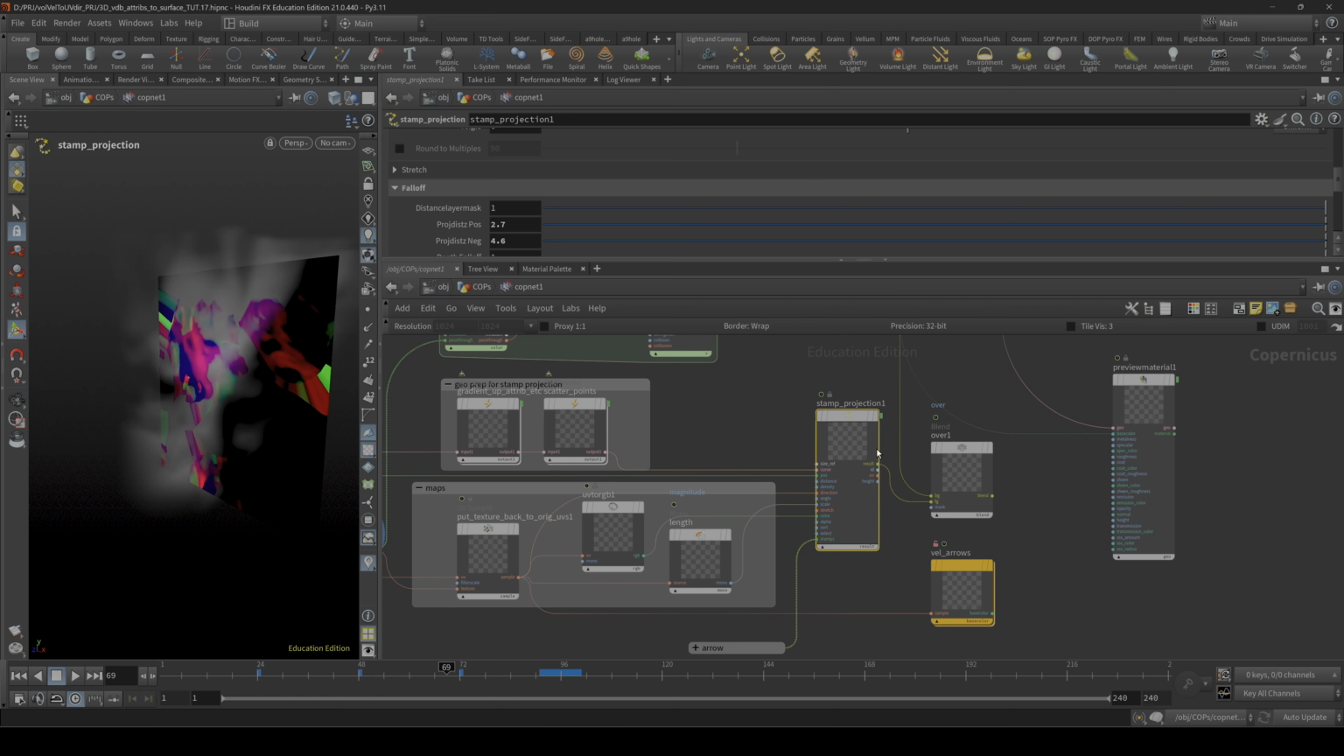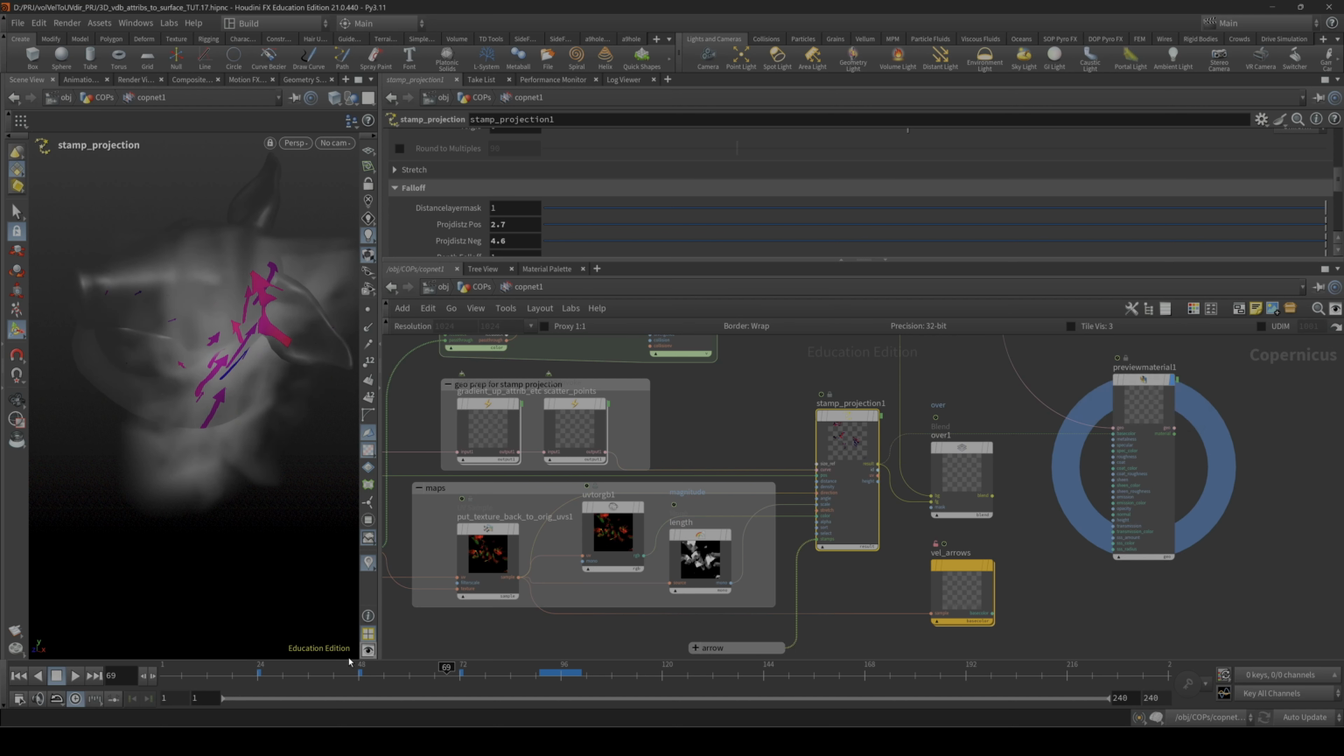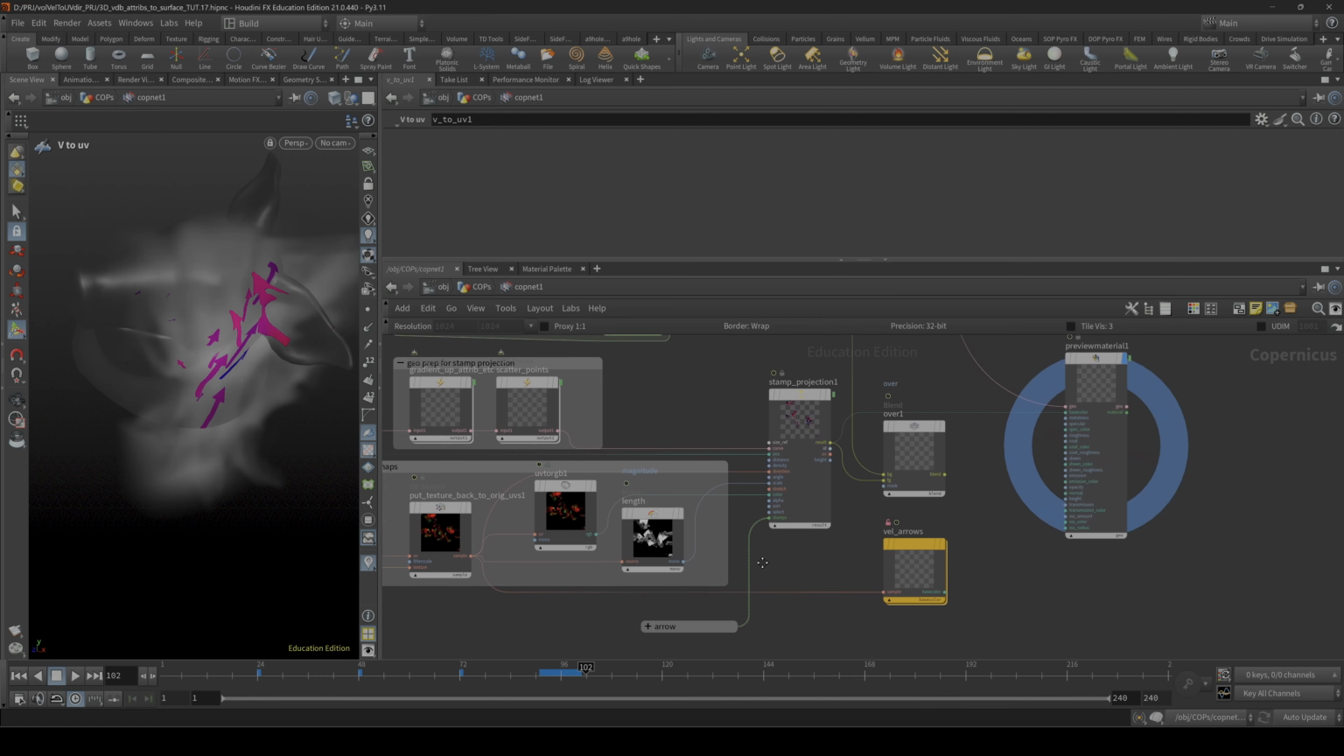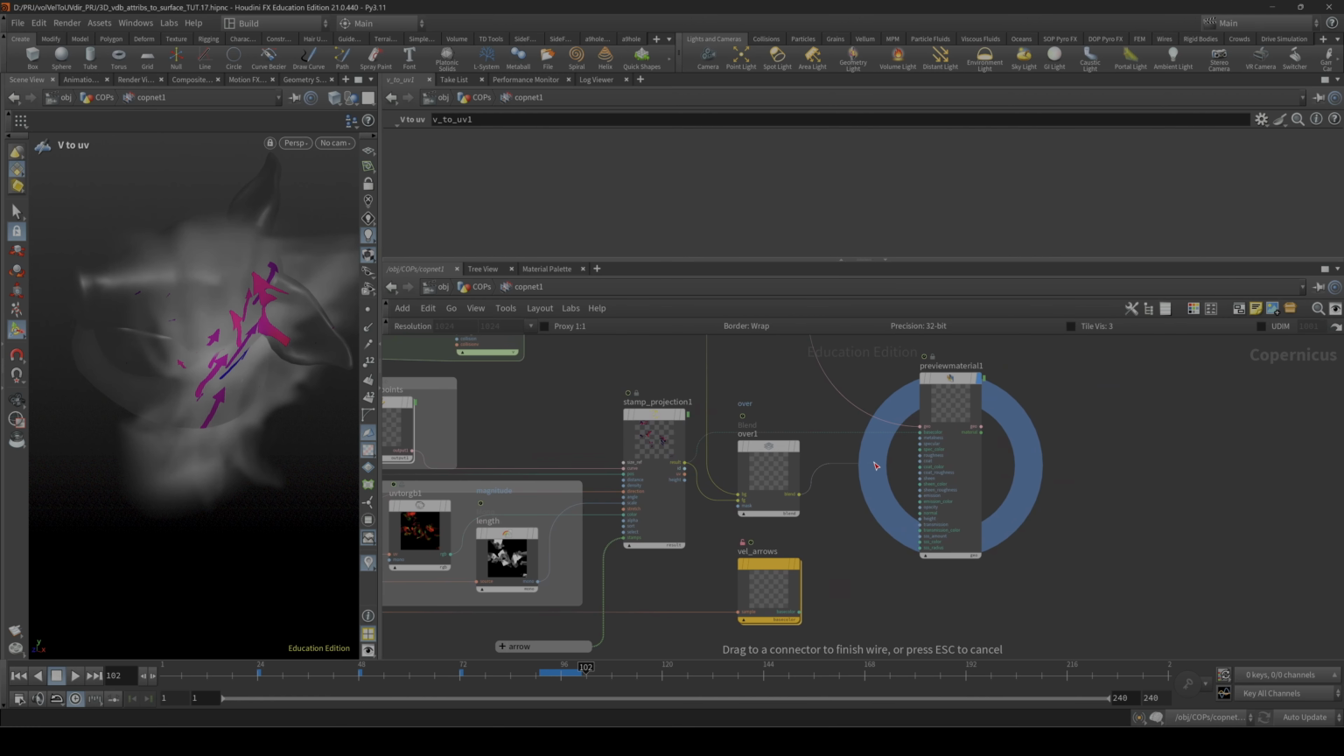Let's have a look at what that does by piping that into our result here. You can see here that this is stamping arrows on the surface. They're pointing in the direction of the flow on the surface, and that flow is getting its velocity from the nearby VDB using this HDA here. And then when we combine it all together,